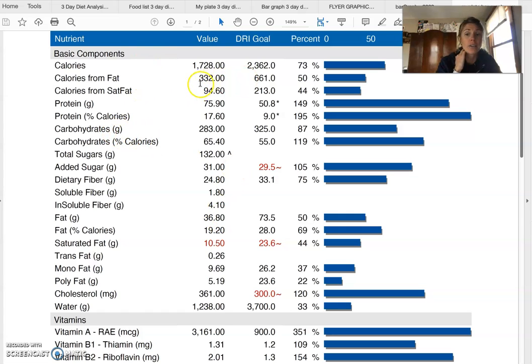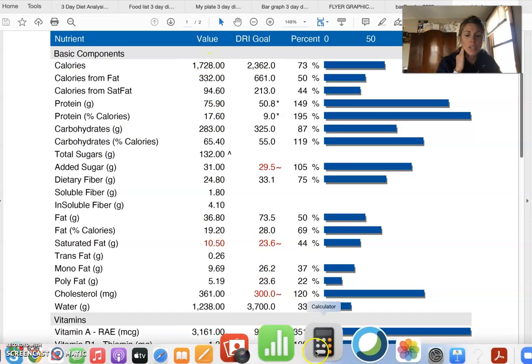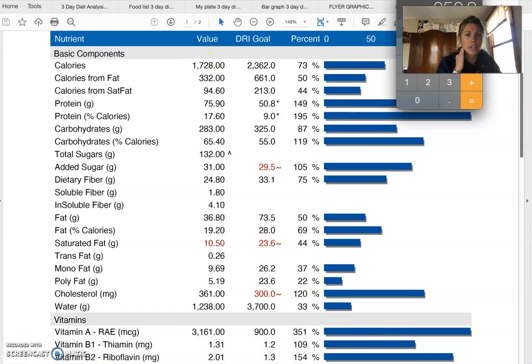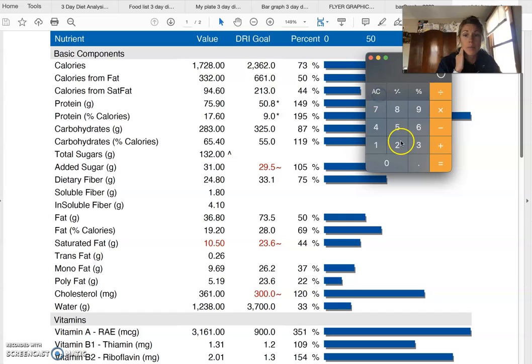Again, they actually calculate that for you here on NutriCalc. So calories from saturated fat is 94.6. That's 10.5 times 9. And then we take that divided by the total number of calories eaten, and we can do that quick calculation here and come up with a percent. So 94.6 divided by 17